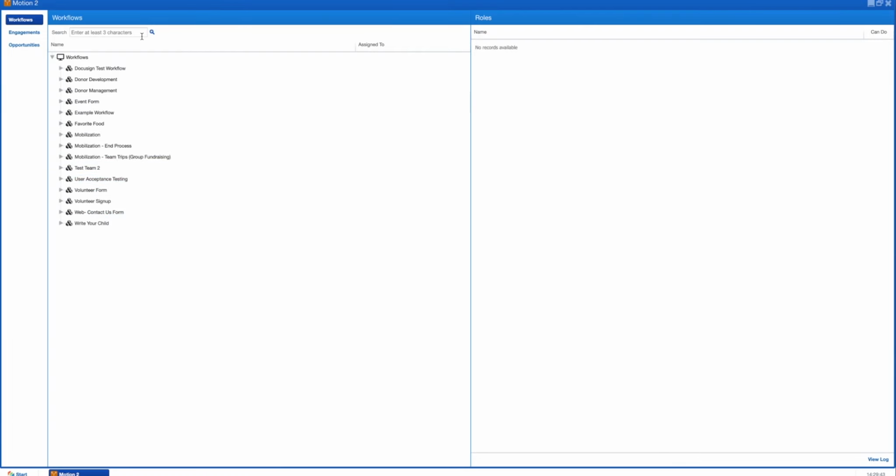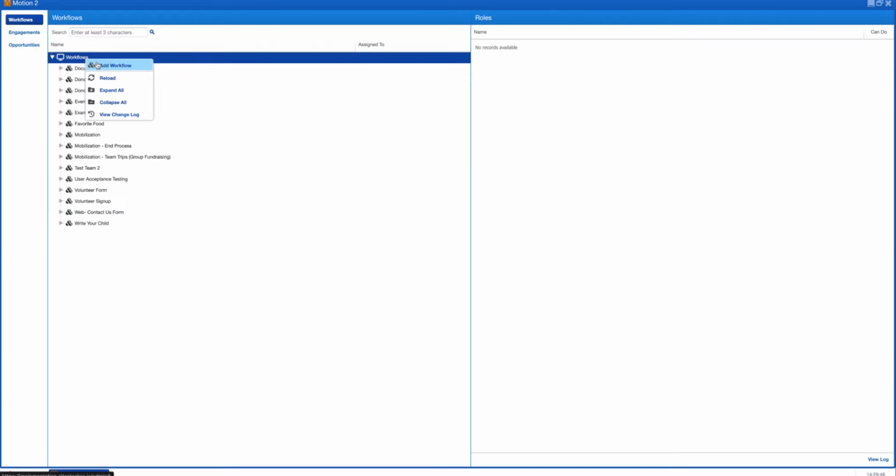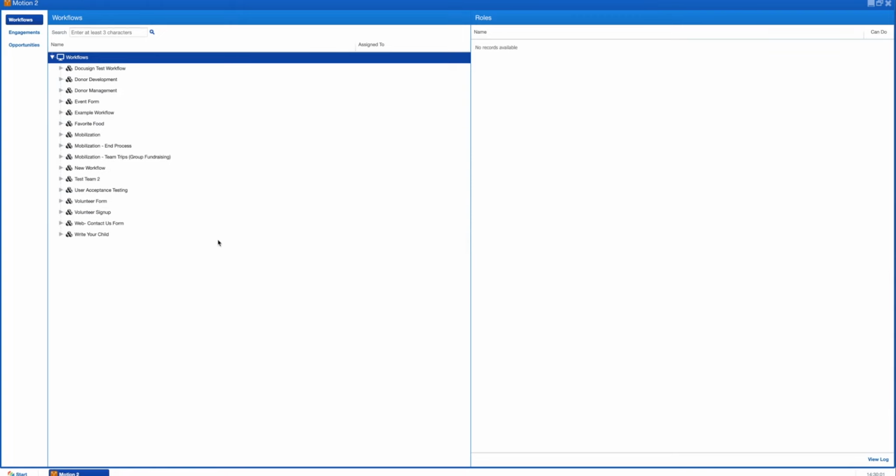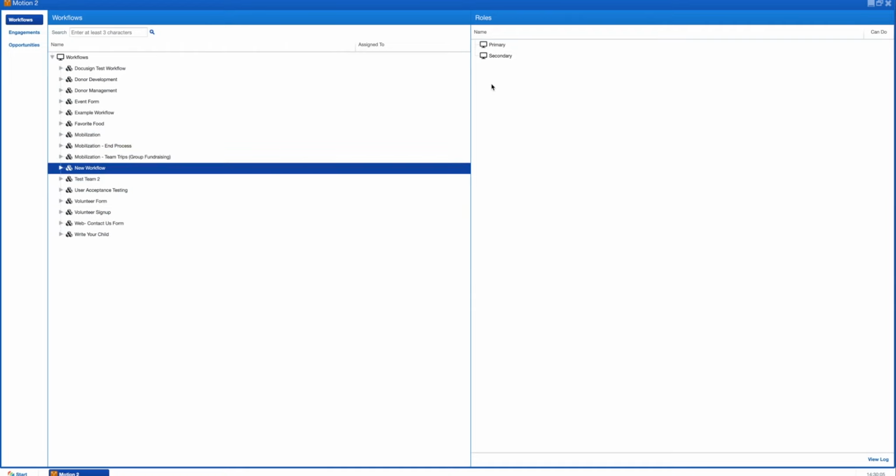We're going to create a new workflow by right-clicking on the Workflows icon and choosing Add Workflow. We'll call this New Workflow, and we'll save and close. Next, we're going to click on the new workflow we just created, and we're going to create a primary and